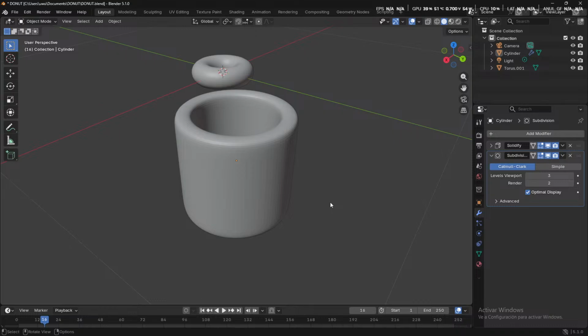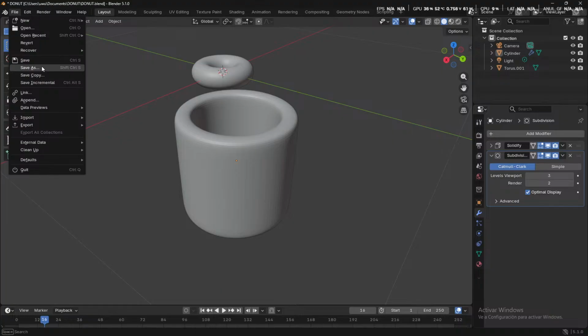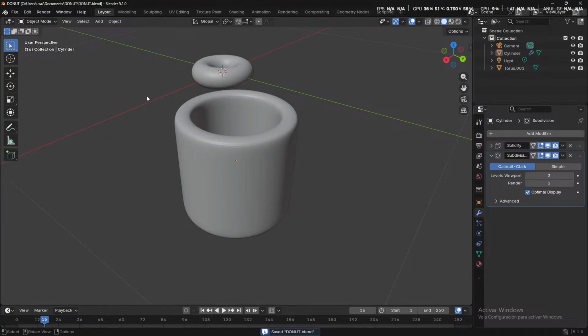Good time to save. Good time to save. So File, Save As, or Shift Control S, and then Save As. So the way I like to save things,